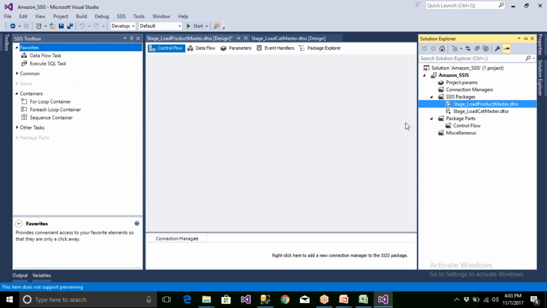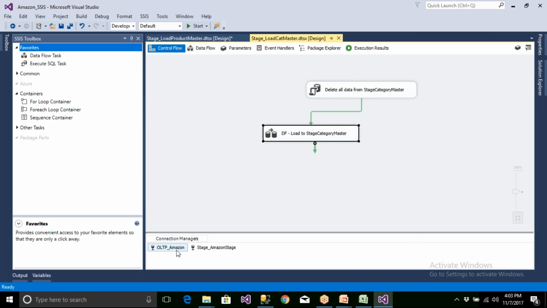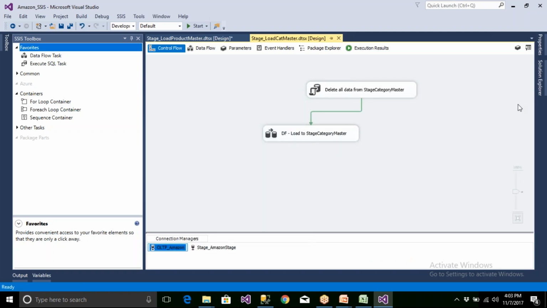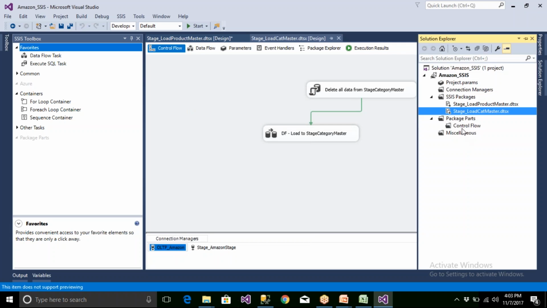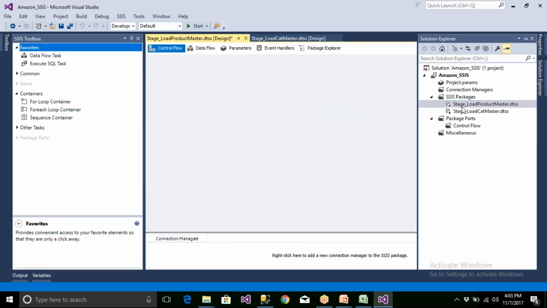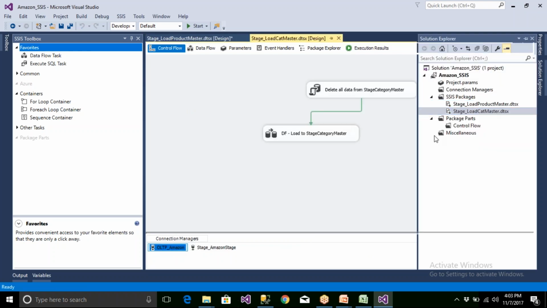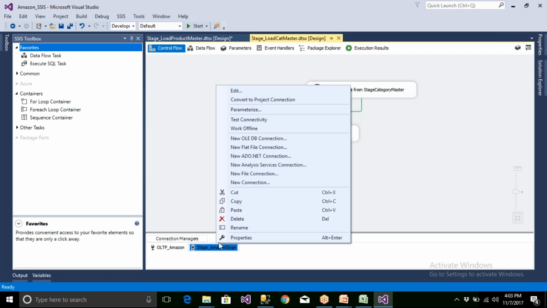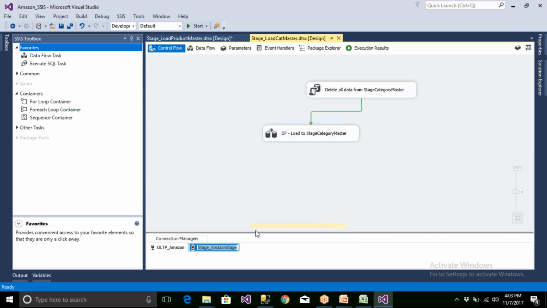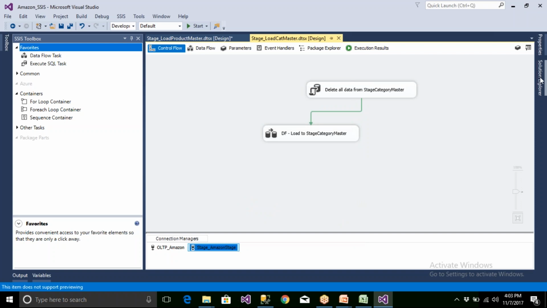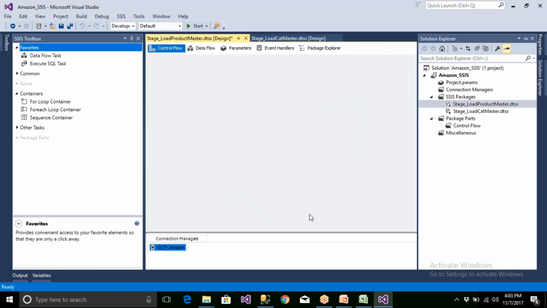Again, you can just go here and copy paste everything. You can copy these connections and paste them here with Control V. So you will be able to get the connections and everything there. Every time you need not do the same thing. You just go here and simply copy and paste everything.